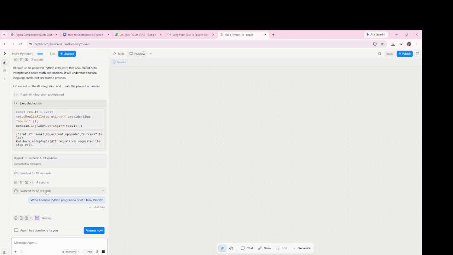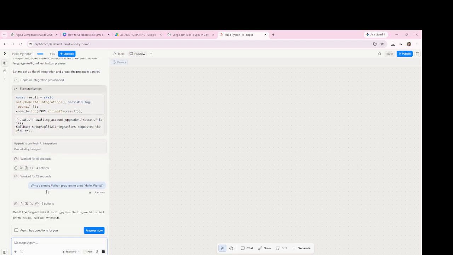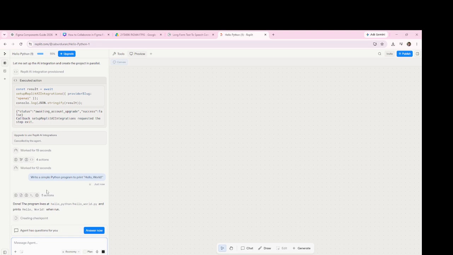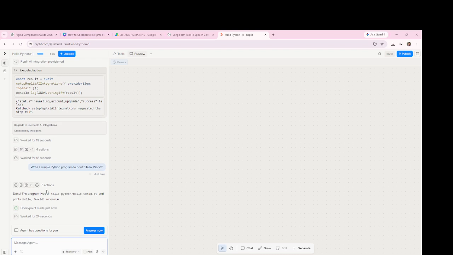If the generated code isn't exactly what I need, I can simply ask Replit AI to modify it, add new features, explain the code, or fix any errors. Replit AI supports many programming languages and can help with websites, Python applications, JavaScript projects, and much more. Using clear prompts helps the AI generate better and more accurate code, and that's how you can generate code with